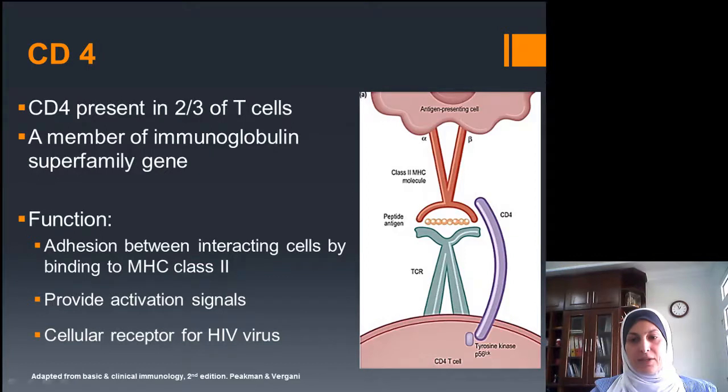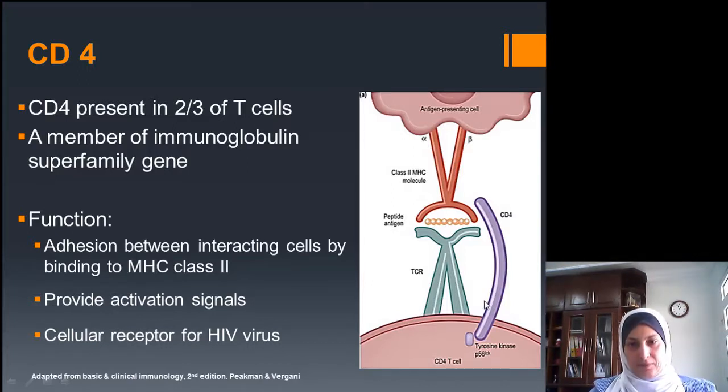So this is a unique feature for the CD4 T cell, and the reason why they are targeted is the presence of a CD4 molecule that acts as a receptor for